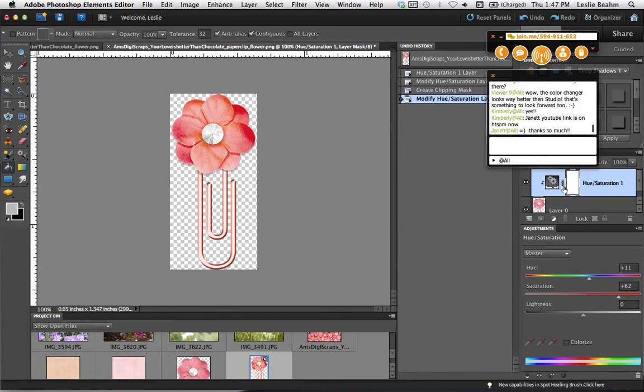So that's three ways you can kind of change the color. Anything else? Any other questions? Okay, well,